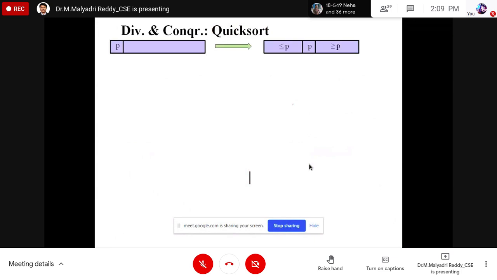Check this block diagram. First I choose the pivot element as the first element. Then you compare the total elements existing in the array. After that, I place the pivot element in the middle of the array and arrange the elements less than the pivot on the left side, and the elements greater than the pivot on the right side. That is the main intention. Once we place it, the pivot element is sorted, and there is no need to sort it again. Next I take the left part as one subproblem and the right part as one more subproblem. This is the concept of divide and conquer, and the logic behind it.